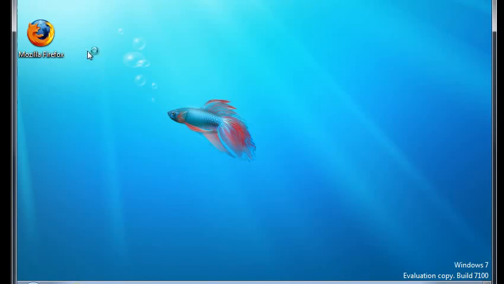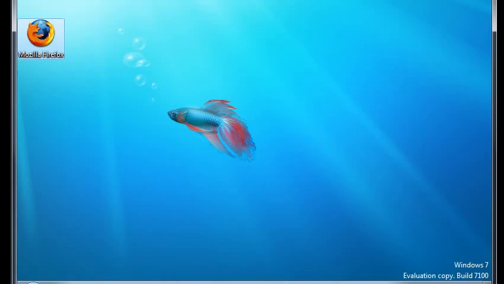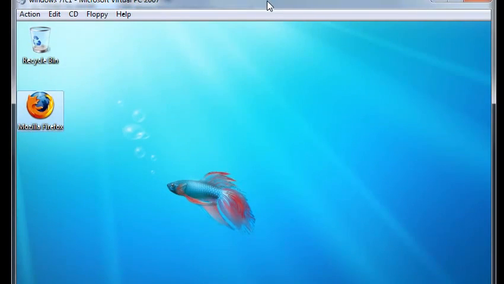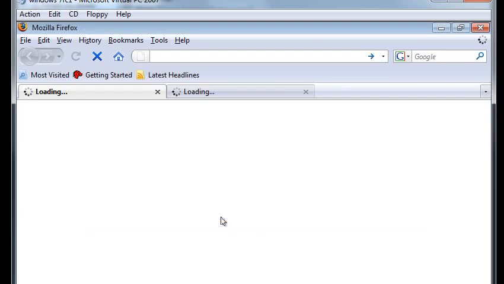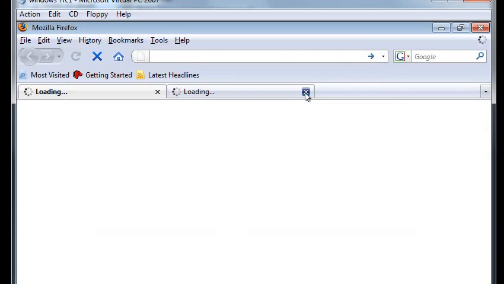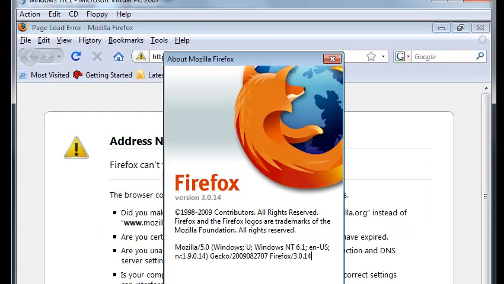And there it is. There's Mozilla Firefox. It's wanting me to set up, don't import anything. There's probably an option that allows me not to require any user interaction when I install it. But that's a little beyond the scope of this video. I want to do Help and About Mozilla. So you can see that it's a Mozilla